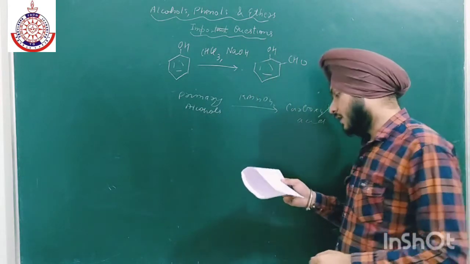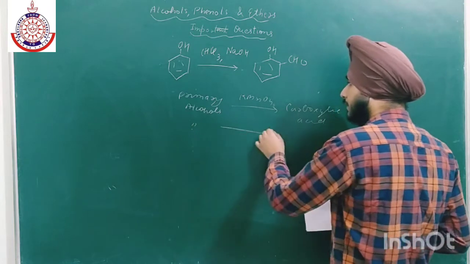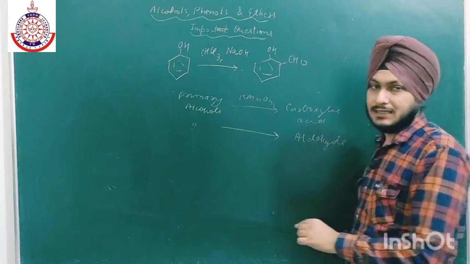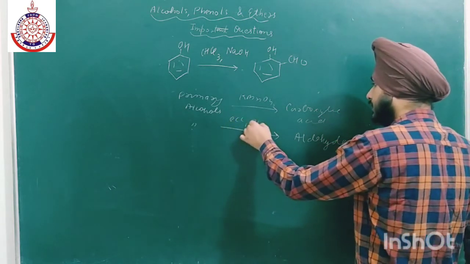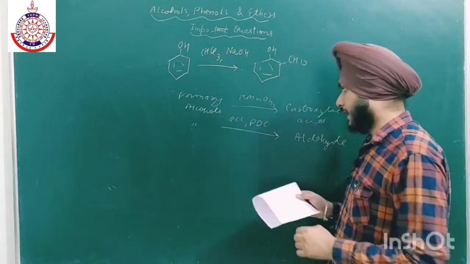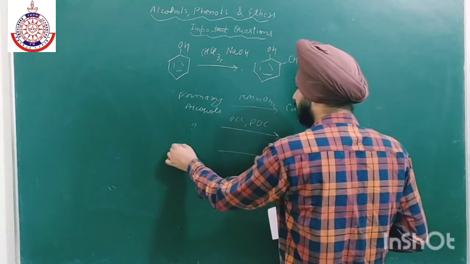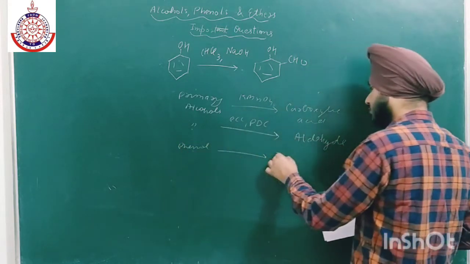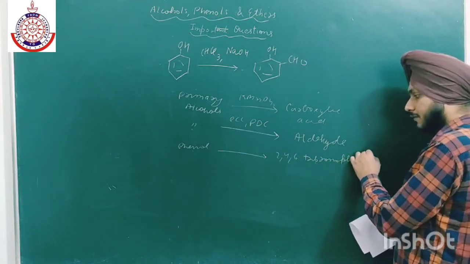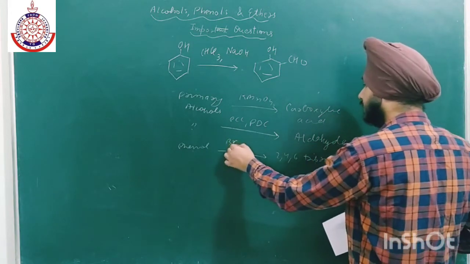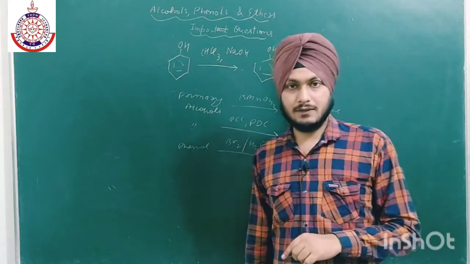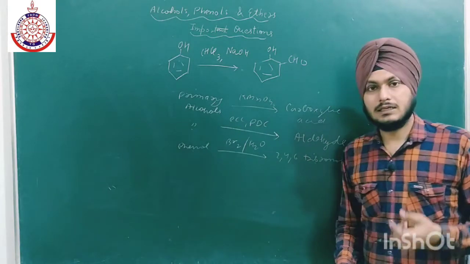The second is oxidation of the same primary alcohol to aldehyde. Now we have to use some weak oxidizing agent, like we have PCC, PDC, Jones reagent, Collins reagent. Okay. Now again, very important question: how to convert phenol into 2,4,6-tribromophenol. So we have already discussed that we have to take some polar protic solvent. Okay, and otherwise we will get the para one if we take CCl4, CS2.